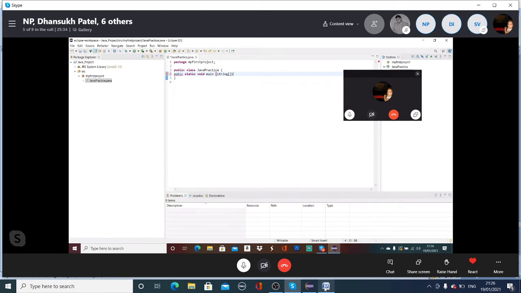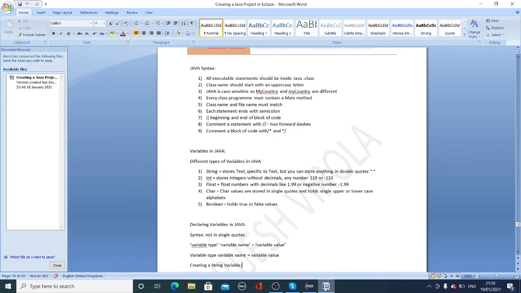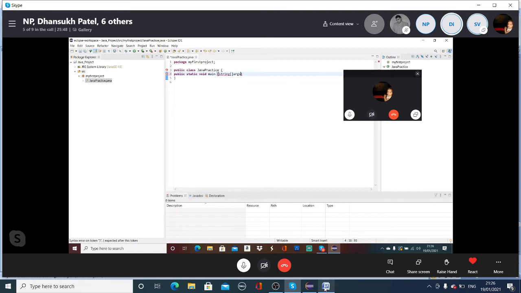Public spelling is incorrect, and that's why there is an error. S should be capital in String, and after String you leave one space, then args.